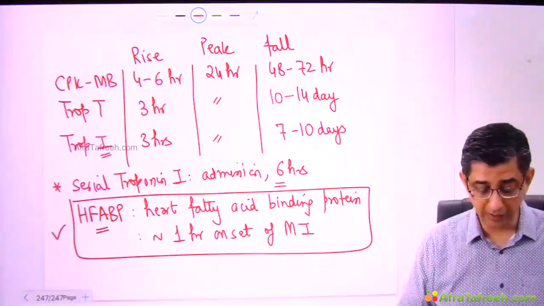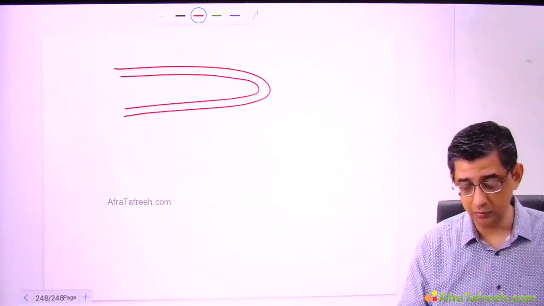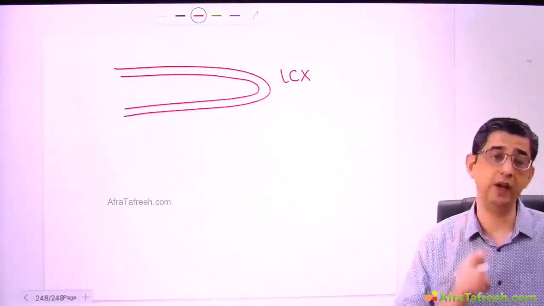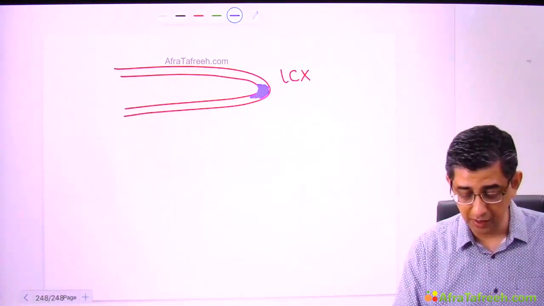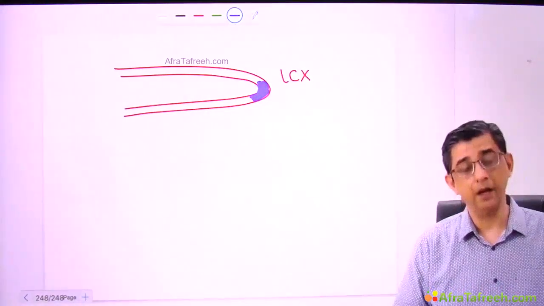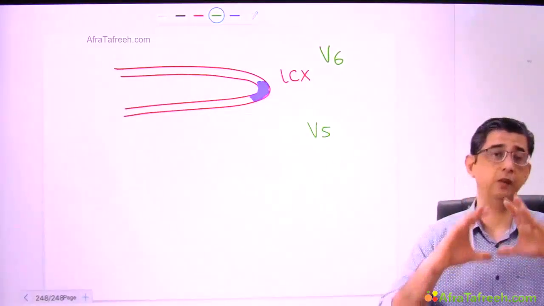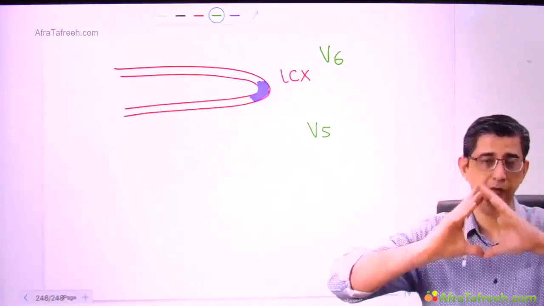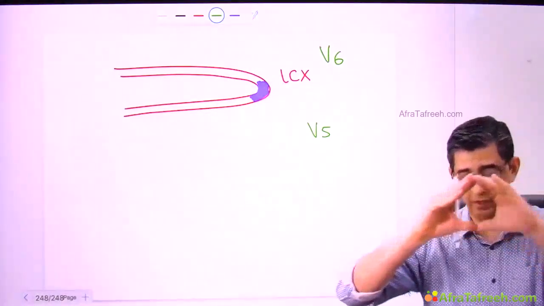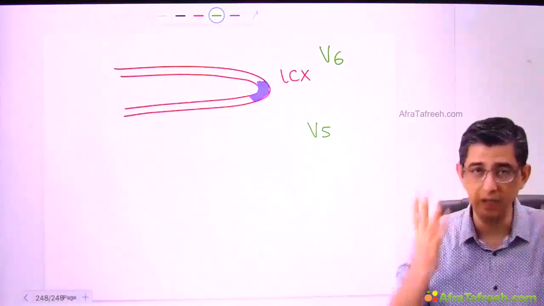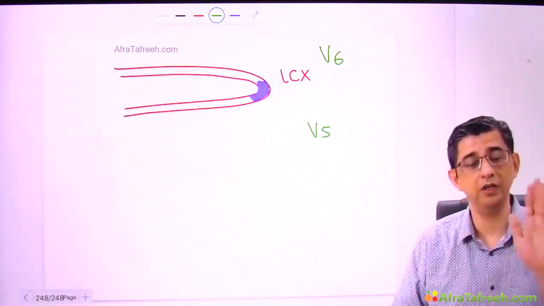Then I was also talking about the fact that ECG can have limitations. So let me highlight one of the limitations before you. Let us assume this to be the left circumflex artery, which can be scanned by electrode number V5, V6. Now suppose there's a thrombus exactly at this area where the artery is taking a curvature, and electrode number V5, V6 are scanning it. Like every CCTV camera will have a blind spot. If I say my hand is a CCTV camera, then it can scan all the distant areas, but it cannot scan the area immediately below it. Like our eye has a blind spot, even a CCTV camera will have a blind spot. So for V5, V6, the blind spot is the curvature of the artery.